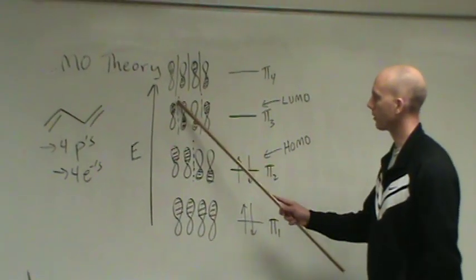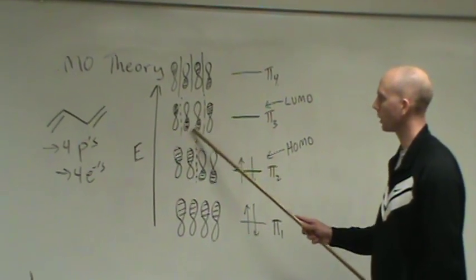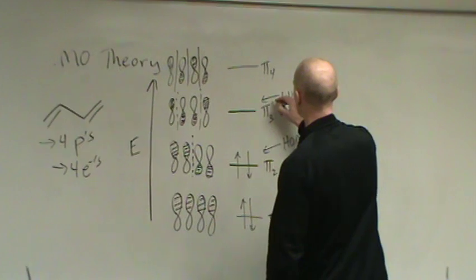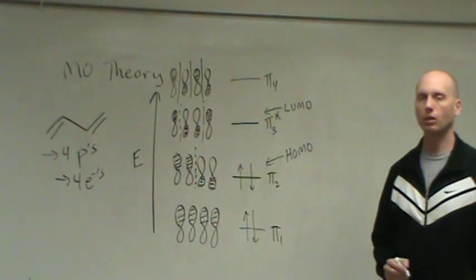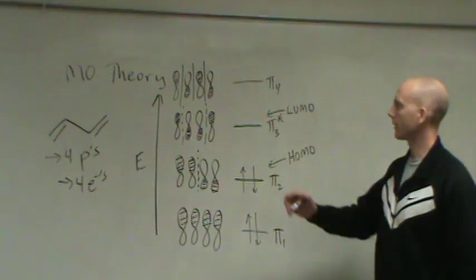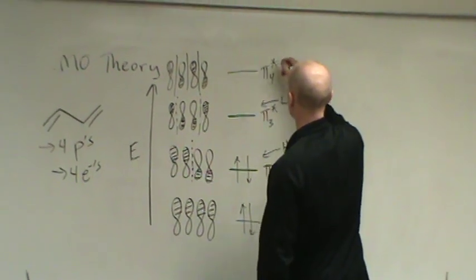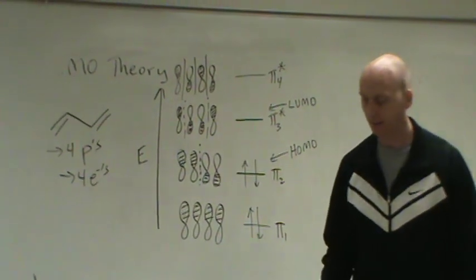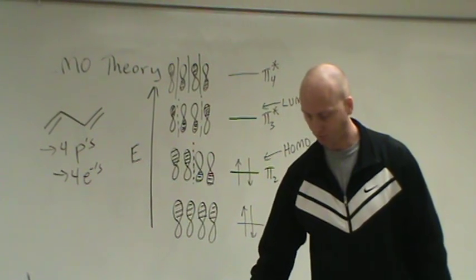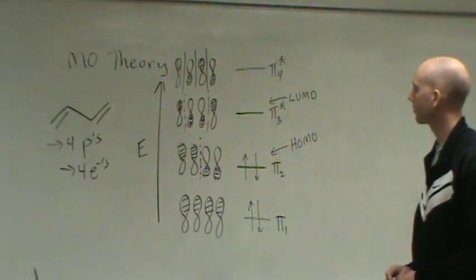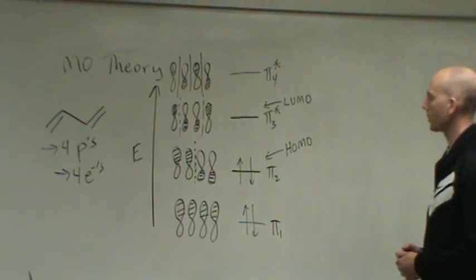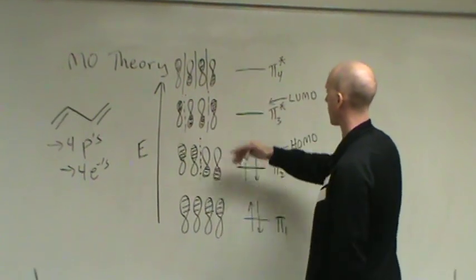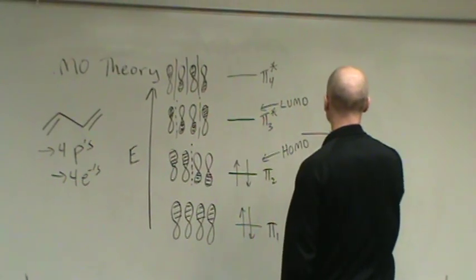Up here, I have anti-bond, anti-bond, and one bond. So now my two anti-bondings are more than bondings, so we'll give that a star for anti-bonding. And then up here, it's all anti-bonding, so that gets a star. Okay? So we're able to label both our bonding and anti-bonding levels. One last thing we can do here, if we take this set of molecular orbitals